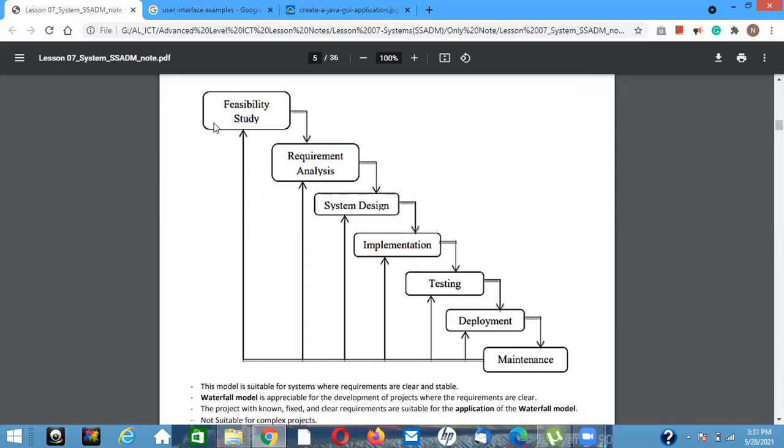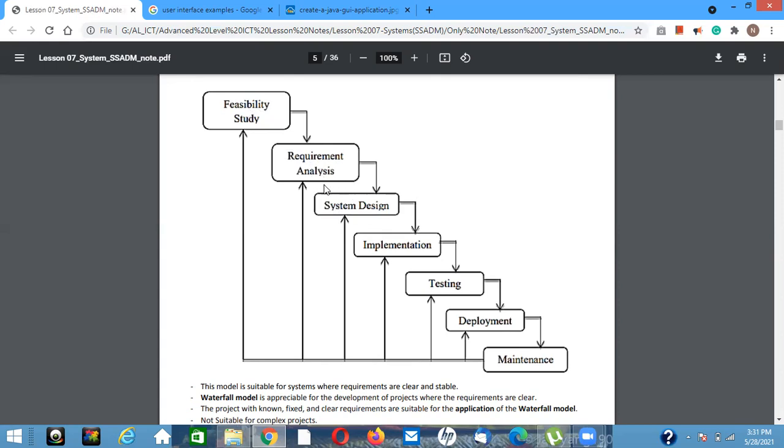The feasibility study is conducted individually up to this point, but after that, the last section of the feasibility study is conducted while opening the requirement analysis phase. So before finishing the feasibility study, according to this diagram, the requirement analysis starts.